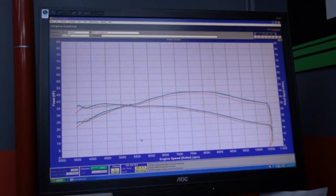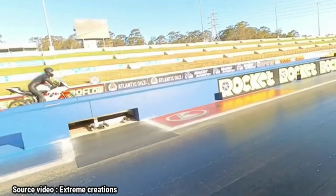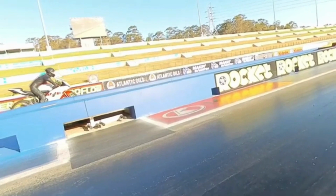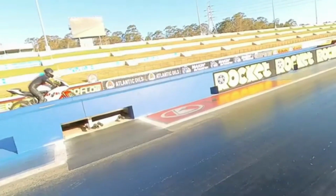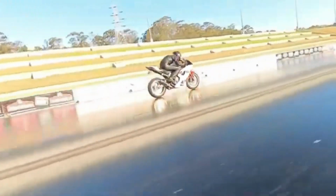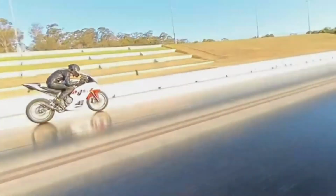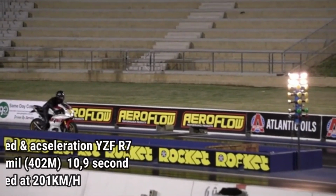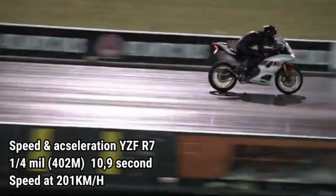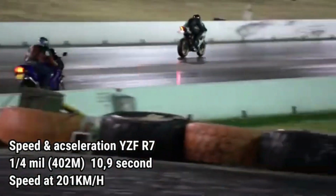But several times this motorcycle has been used for drag race purposes and the results are quite good. In the drag event, the Yamaha R7 with this turbo kit was able to blast through the quarter-mile or 402-meter track in just 10.9 seconds and recorded a speed of 201 kilometers per hour. For reference, this is only 0.3 seconds slower than a 200 horsepower Harley-Davidson and just as fast as a 2016